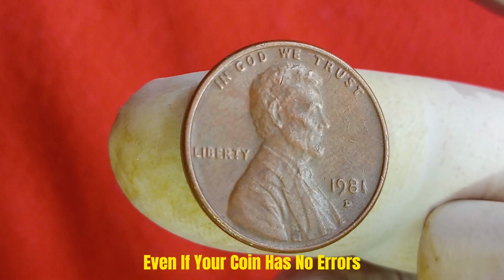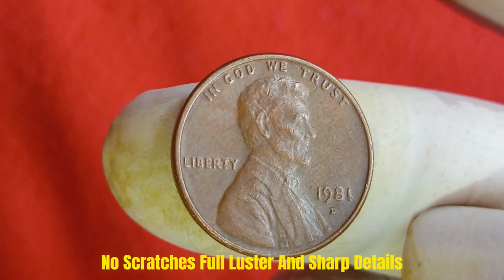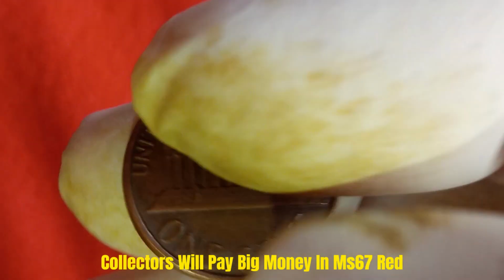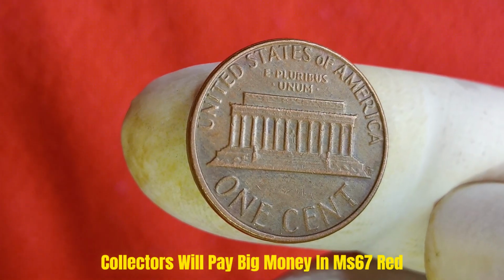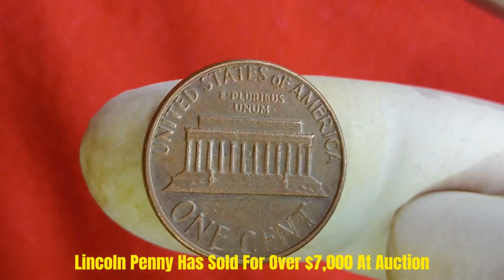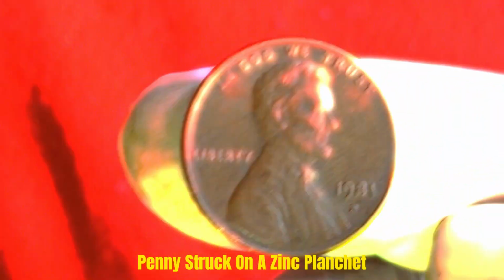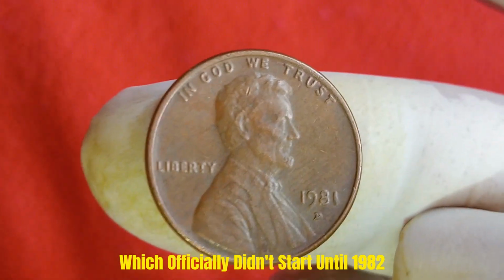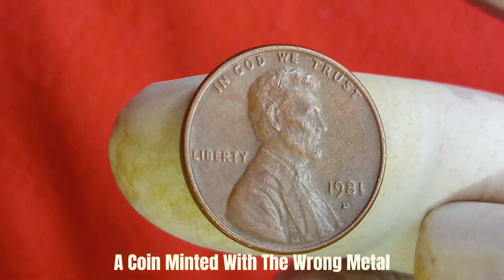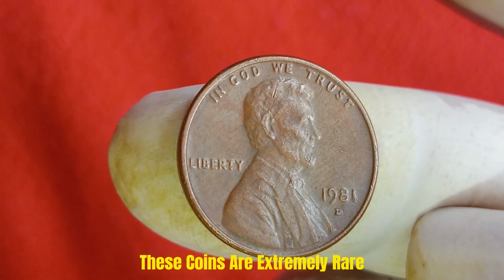Even if your coin has no errors, if it's in perfect mint state condition, no scratches, full luster, and sharp details, collectors will pay big money. In MS 67 Red, a 1981 D Lincoln penny has sold for over $7,000 at auction. Imagine finding a 1981 D penny struck on a zinc planchet, which officially didn't start until 1982. That would be a transitional error, a coin minted with the wrong metal. These coins are extremely rare and have fetched over